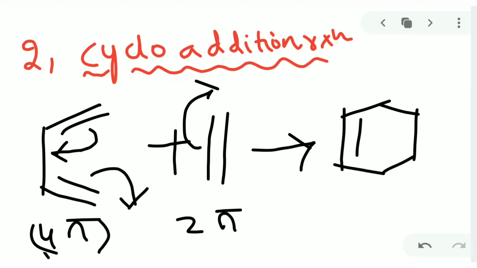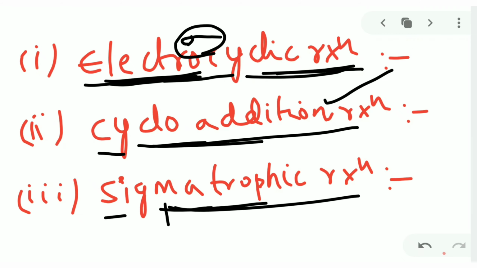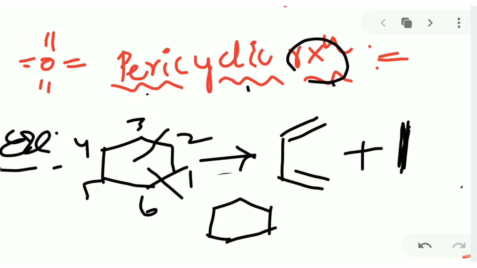In the sigmatropic reaction, cycloaddition reaction happens with a 2 pi system and a 4 pi system, and these are the different types of pericyclic reactions. The main concept is that bond making and bond breaking take place in a pericyclic reaction. A single step is involved, and finally the desired products are obtained by pericyclic reactions only. Peri means around the cycle, so this is a cyclic form. When the bond breaks